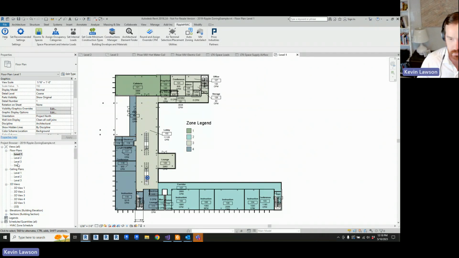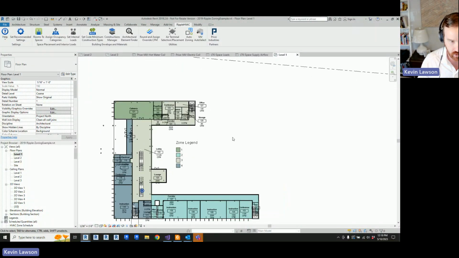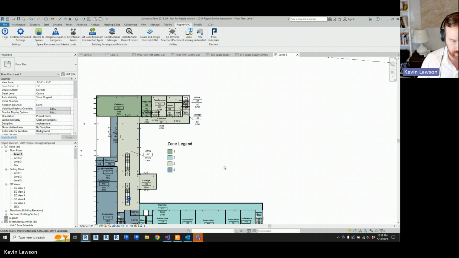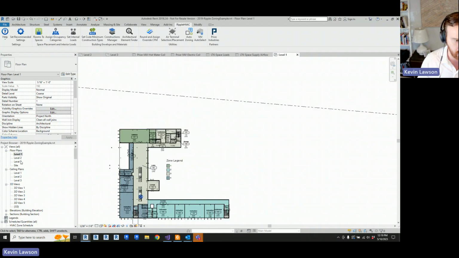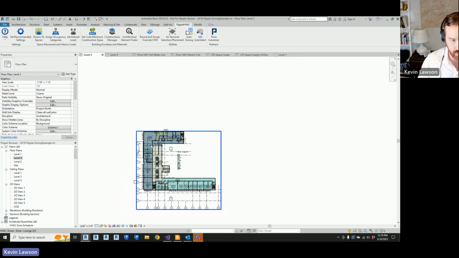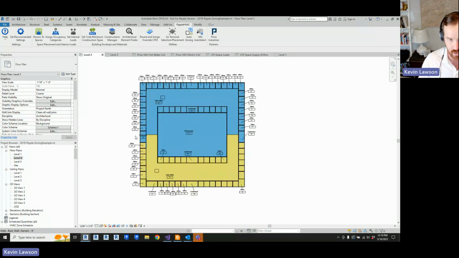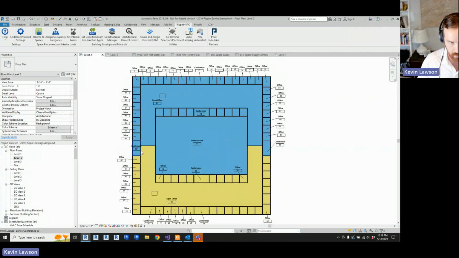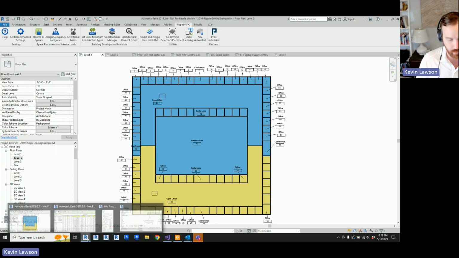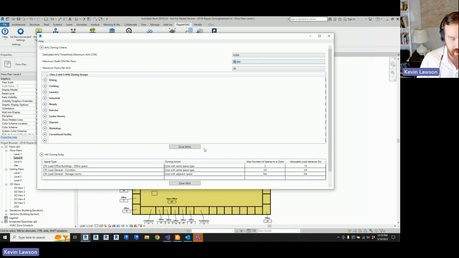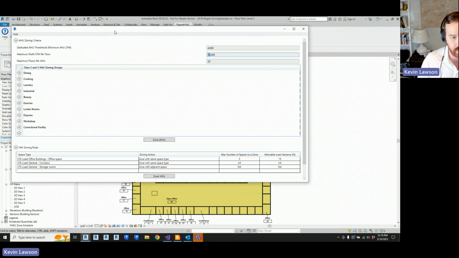So VAV zoning for schools, it's not very exciting because every classroom gets a VAV zone. It's much less exciting than an office. So we've made kind of an example office building here that is zoned, like we showed earlier. So VAV zoning is a balance between